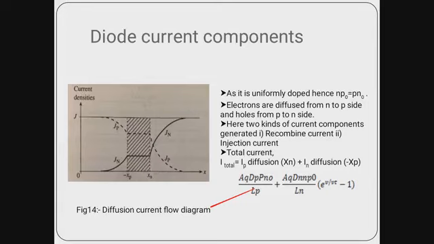Here Np0 and Pn0 are both equal, because the diode I have chosen is uniformly doped. That is why the magnitudes of these components are equal. Now we can say the number of electrons which are moving into the N side recombine with excess holes, and these holes are nothing but the minority charge carriers in the N-type semiconductor.